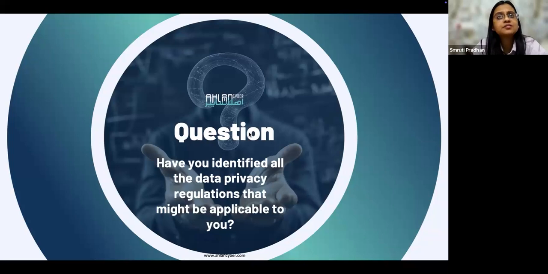And a lot of times we have seen customers missing these small nuances. So once we start building the program, we get to know as part of our gap assessment that yes, these are the laws which are also applicable to the customer organization. So that is a very common challenge which we see. But as we build the program, like I told you, privacy principles typically remain the same. So the framework comprises all the requirements, and that's how the program proceeds.